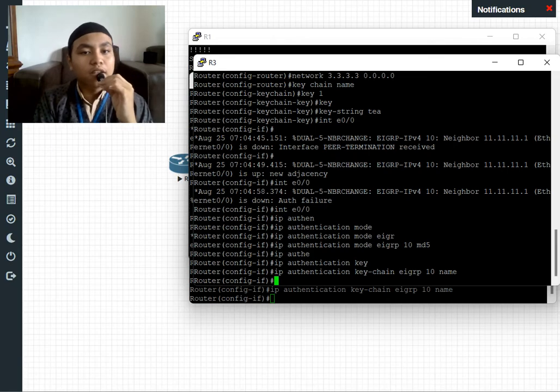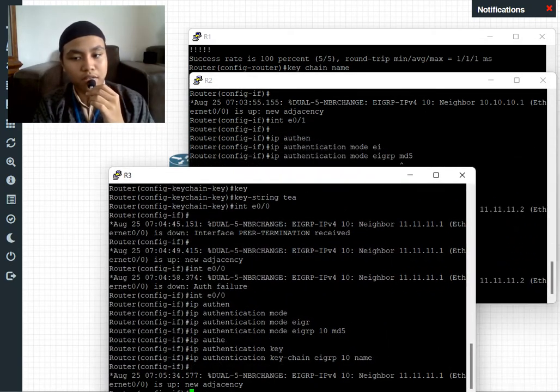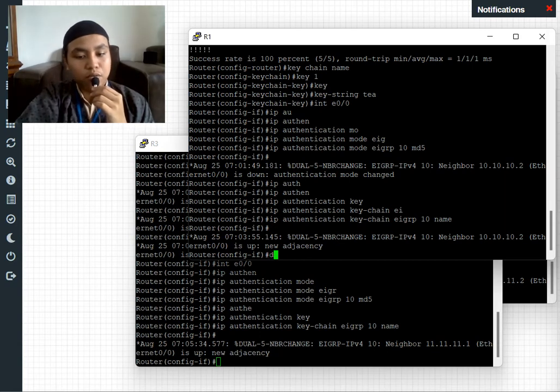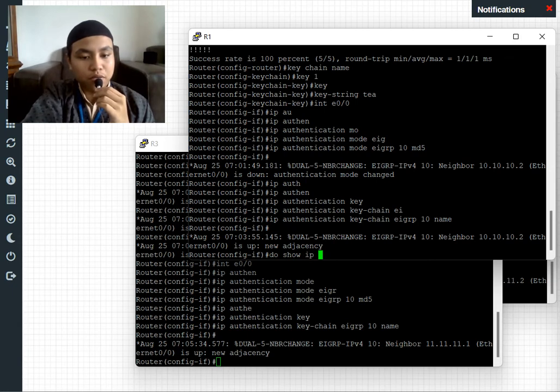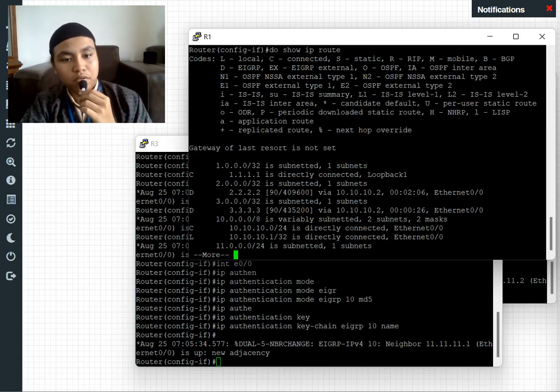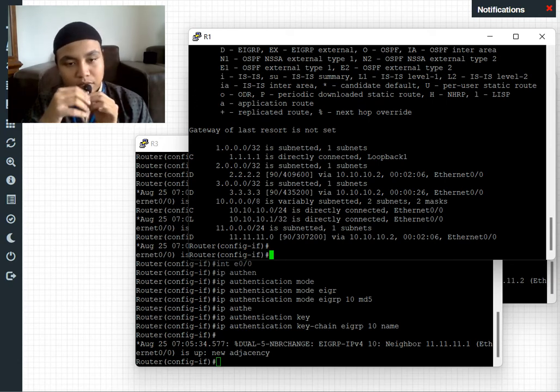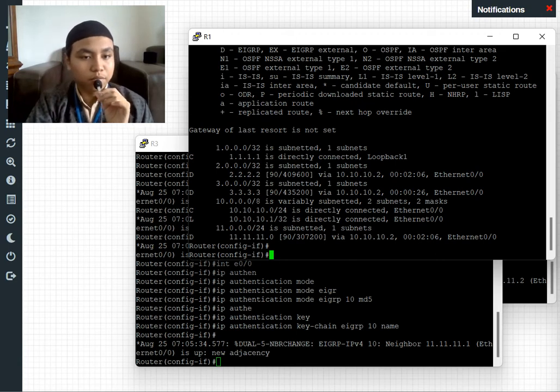Okay, after adding all the routers into the configuration, now how to check it is you type do show ip route, and then ping. Oh yeah,